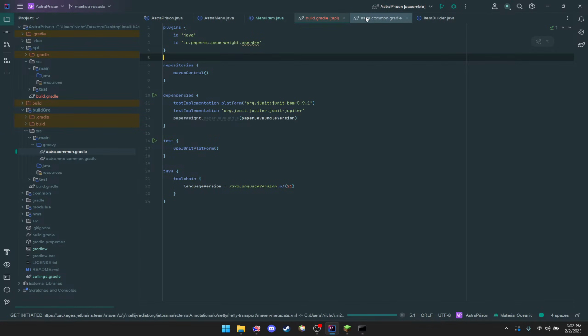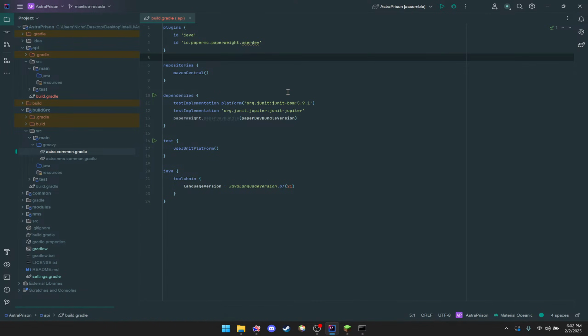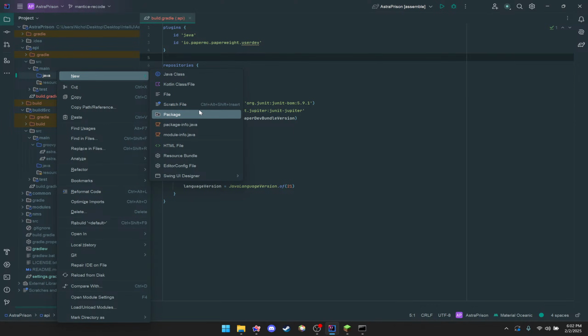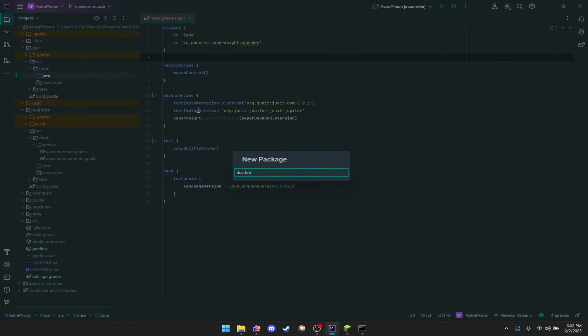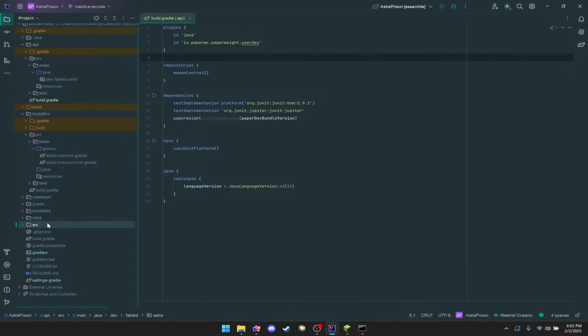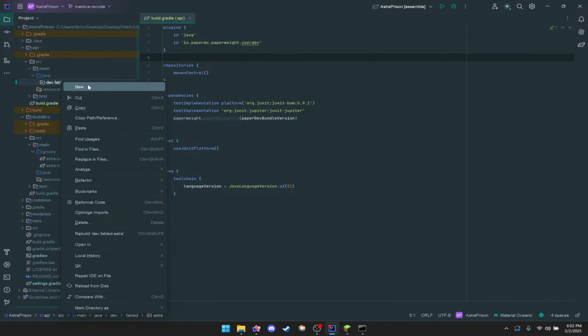Just gonna reload that and close everything else out here. All right. Now our API here. I believe that was our package, right? Just Astra, not AstraPrison. Yeah. Cool. So Astra will have like this, an interface,